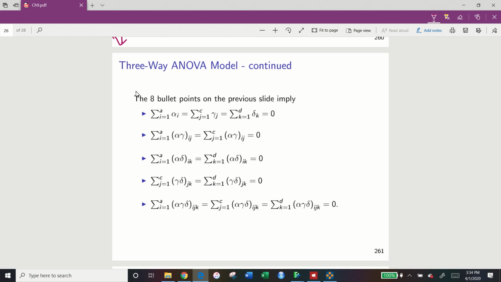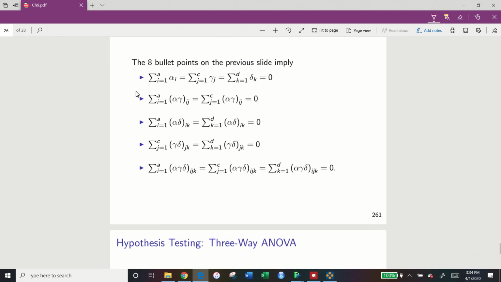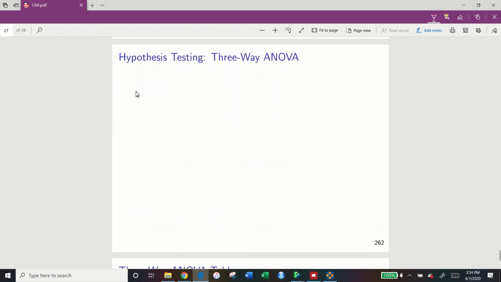And then the three-way interaction effect: the summation of i equals 1 to a of alpha times gamma times delta ijk is equal to the summation of j equals 1 to c of alpha times gamma times delta ijk is equal to the summation of k equals 1 to d of alpha gamma delta ijk, and it is all equal to 0. Now, for the hypothesis testing for the three-way ANOVA, I am going to create a